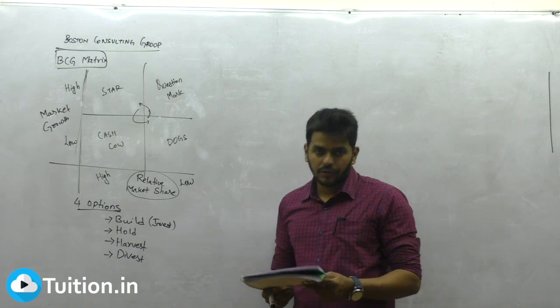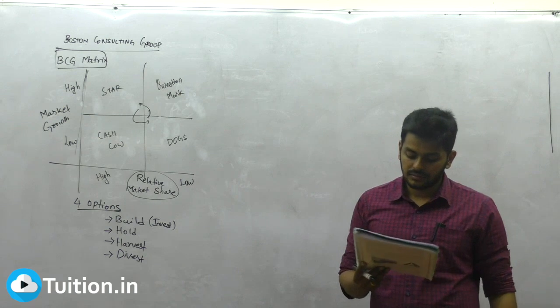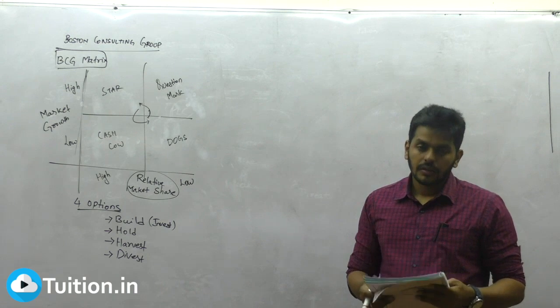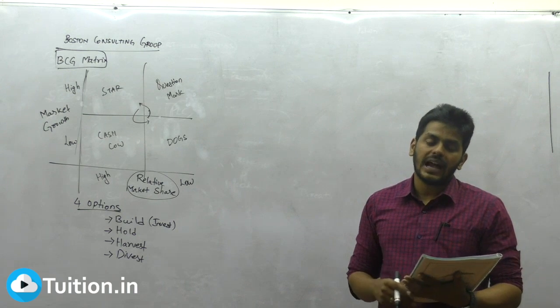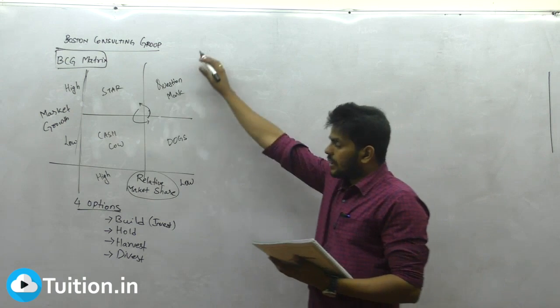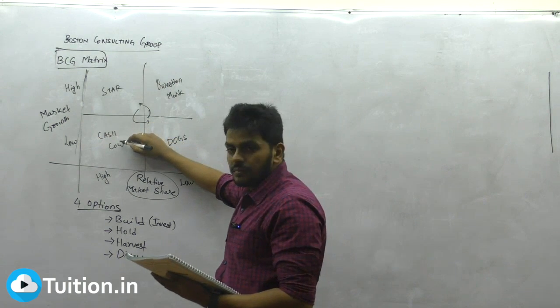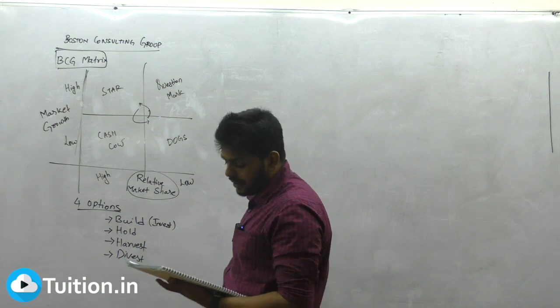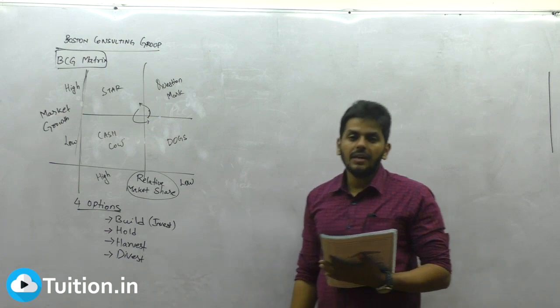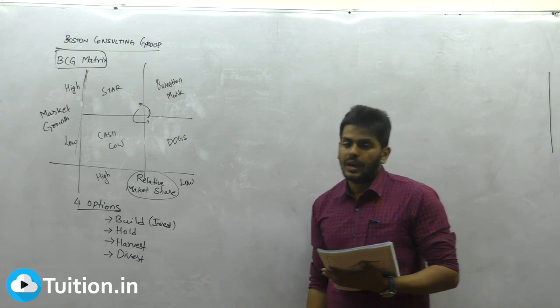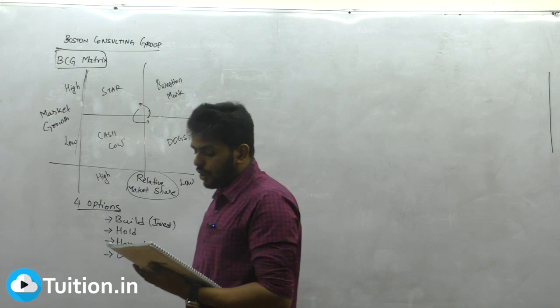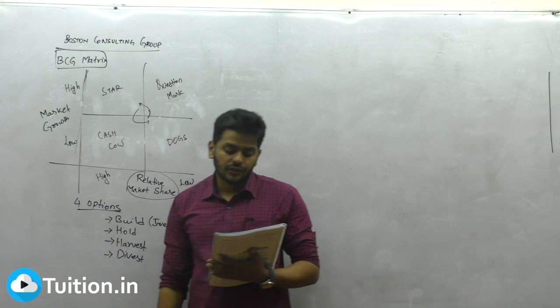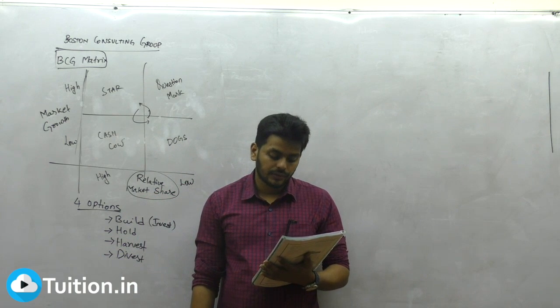They represent the best opportunities for expansion. The next one is what? Cash cow. What's a cash cow? A cash cow is low growth. The market is not supporting you to grow. It's a low growth, high market share business or product.